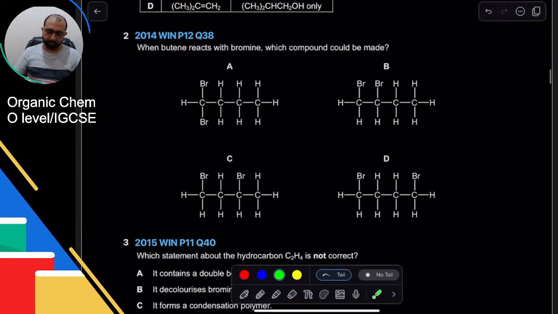Okay, when butene reacts with bromine, which compound would be made? So we already have butene, we're adding bromine. So होगा क्या? The double bond is going to break, and the key point in addition, each carbon in the double bond gets something. तो उन कार्बन्स के बीच में डबल बॉन्ड जो होगी वो टूटेगी और उन्हीं दोनों को ही कुछ मिलना है. सो यहाँ पर ये एक डबल बॉन्ड हो सकता है, लेकिन दोनों ब्रोमीन इसको नहीं मिल सकते, दोनों कार्बन्स को कुछ ना कुछ मिलना है.